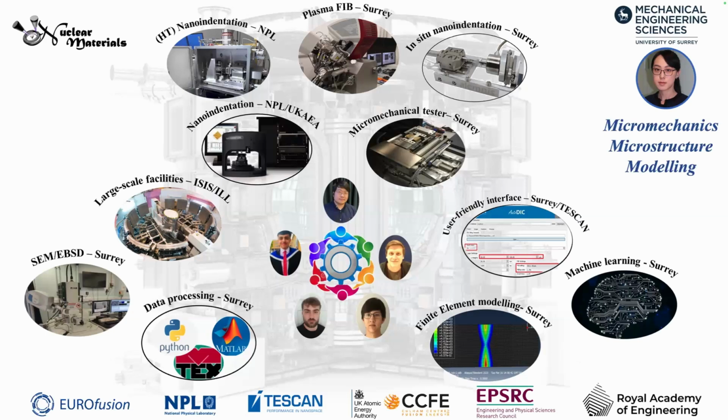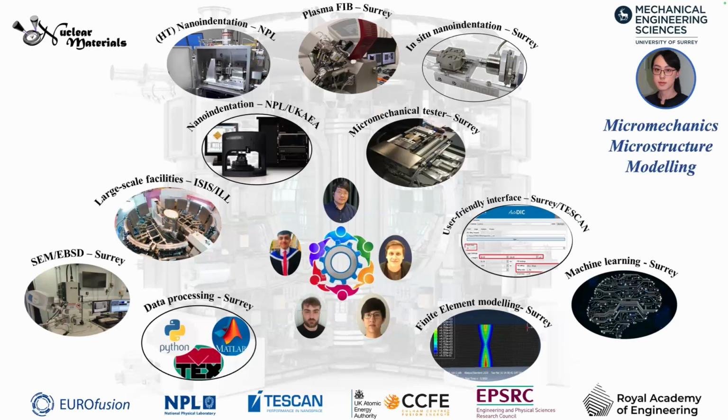Those microstructure characterizations directly contribute to the understanding of residual stress and its evaluation. As you can tell, we are building a strategic partnership amongst the University of Surrey, UKAEA, and NPL